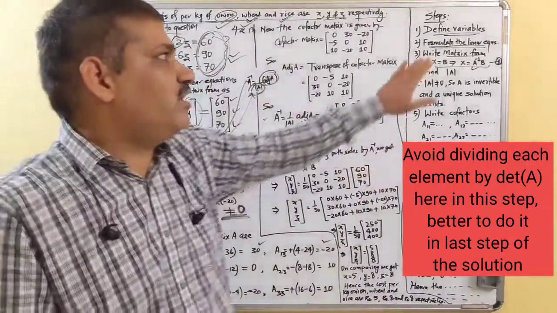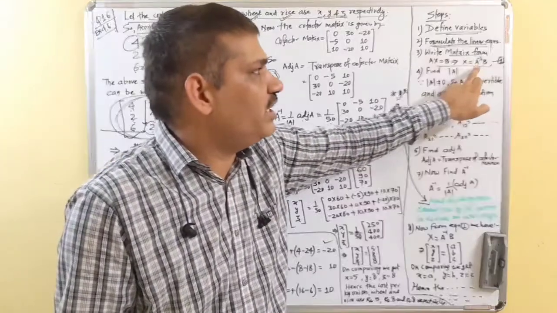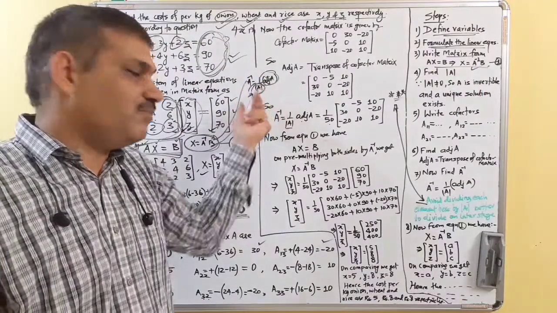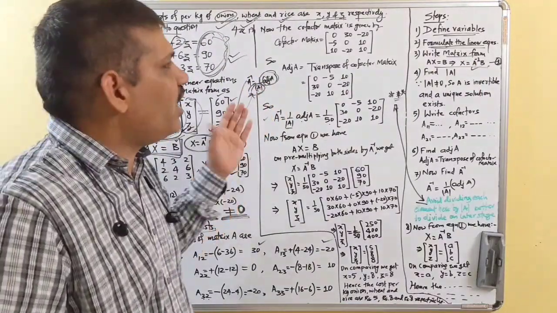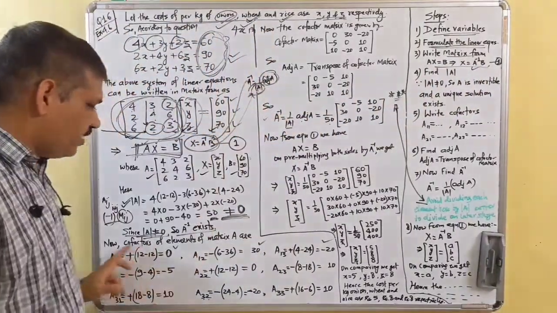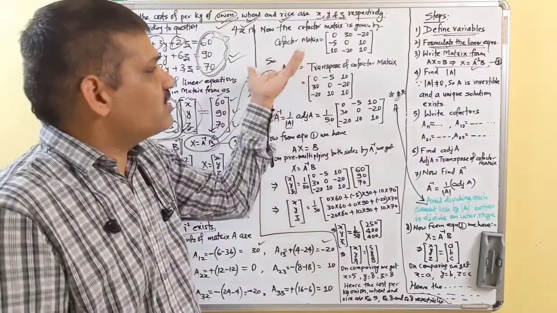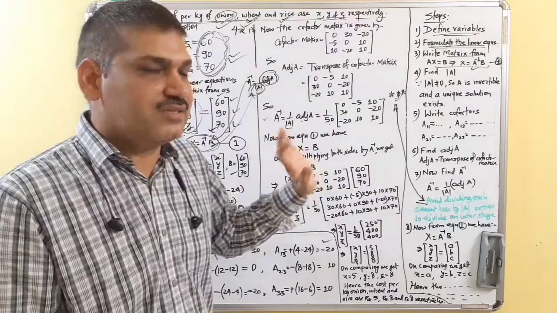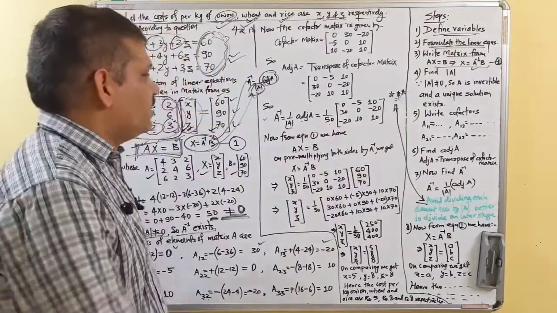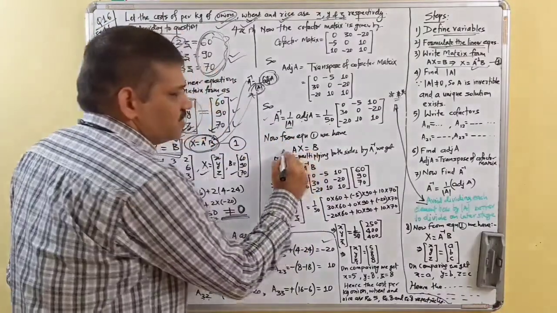So what we have done is we have defined variables, we have formulated linear equations, we have written it in matrix form. To solve we need A inverse. For A inverse we need 1 upon determinant A times of adjoint A. Determinant A must be non-zero, then only we will proceed. And now we find the adjoint A. For adjoint A we need the cofactors of each and every element. We write the cofactors. Now the adjoint A is given as the transpose of cofactor matrix. Finally we have got A inverse is equal to 1 upon determinant A times of adjoint A. After getting the value of A inverse, we proceed to equation 1. From equation 1 we have Ax is equal to B.